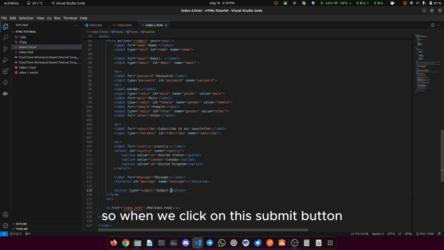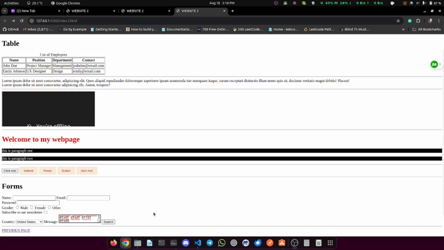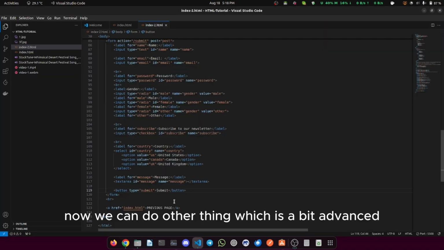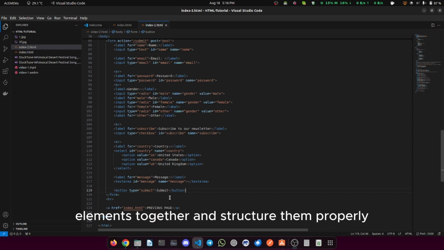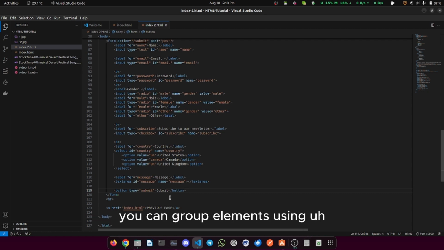So when we click on this submit button, it sends the whole data of the form to the server. Now we can do another thing which is a bit advanced, but also very necessary. We can also group this whole form. To make forms more user-friendly, it's important to group related elements together and structure them properly. You can group elements using the fieldset and legend tags, which help organize the form visually and